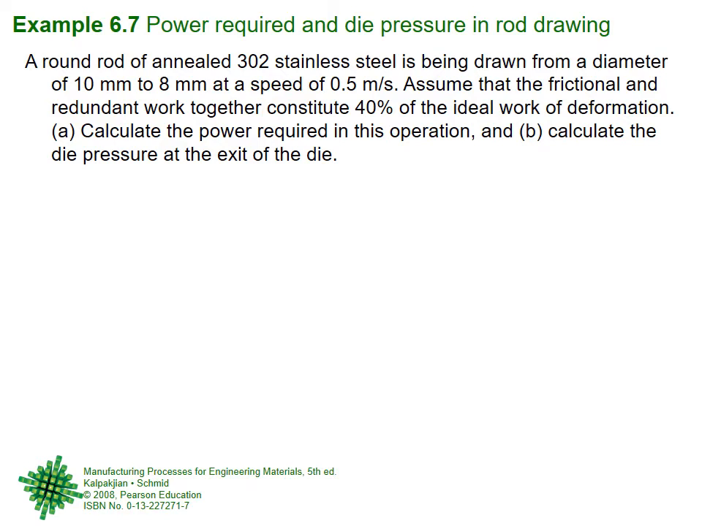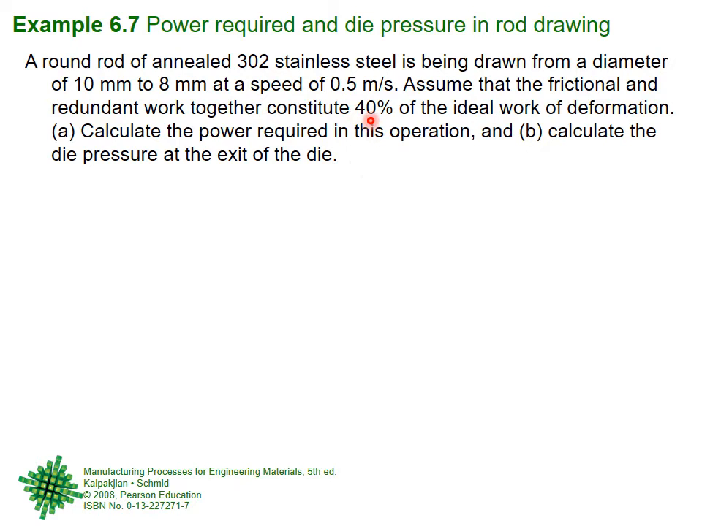So here they have made it very nice. You see, when they say assume that the frictional and redundant work, right? This is number 2 and number 3. Number 1 was ideal work. So assume that the frictional and redundant work together, so that sum of friction plus redundant is 40% of ideal work, right? So this is a key. Total work is ideal plus friction plus redundant, okay? And friction plus redundant is 40% of the ideal. So you just find the ideal work,